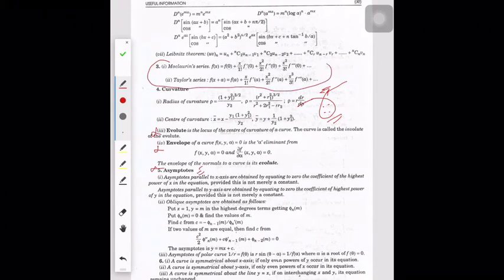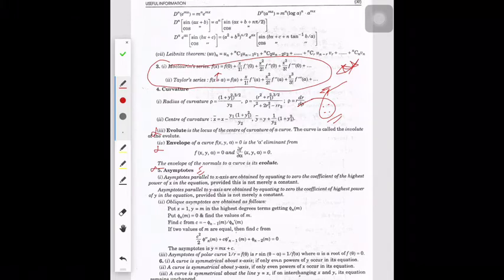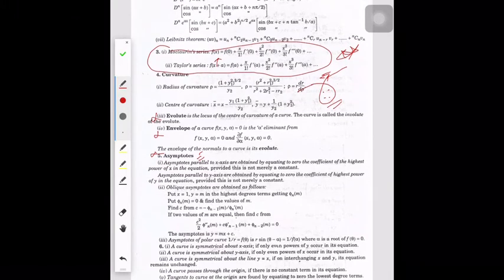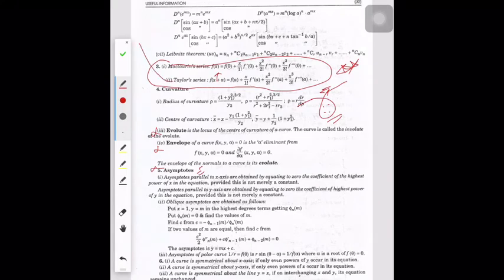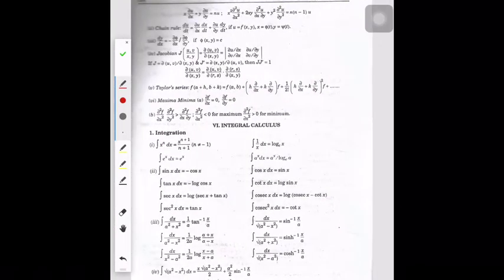But these two series are very important. I can't say how much, because for Maclaurin's and Taylor series, you just replace a equal to 0 in Taylor to get Maclaurin, so these two are related, and they are useful for finding approximations. You even use the Taylor series in power systems, in load flow studies, while calculating approximations in Newton's method. Partial differentiation, very important.